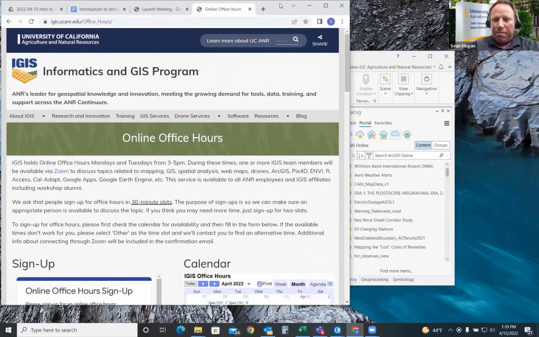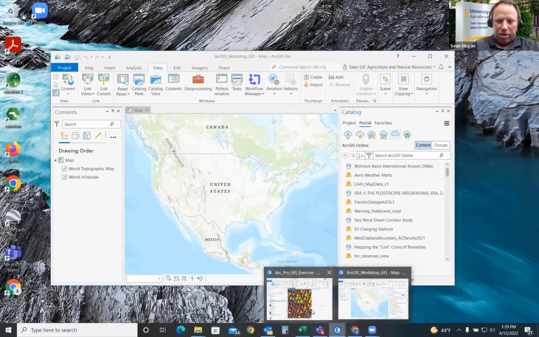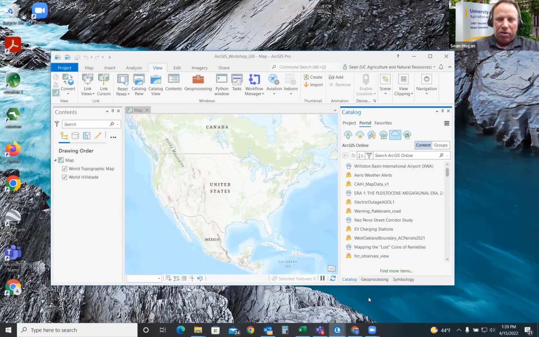Now let's sit back, because for the first 10, 15 minutes, I like to give an overview of the application, that being ArcGIS Pro. The problem when you first start is that you don't have any data in your project to really explore the contextual ribbon that's across the top.